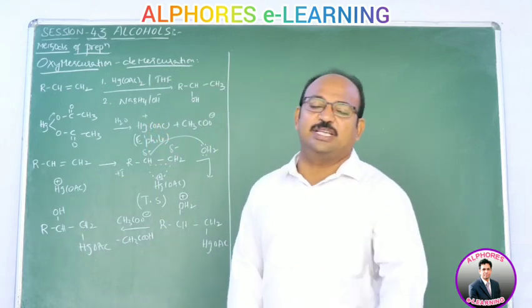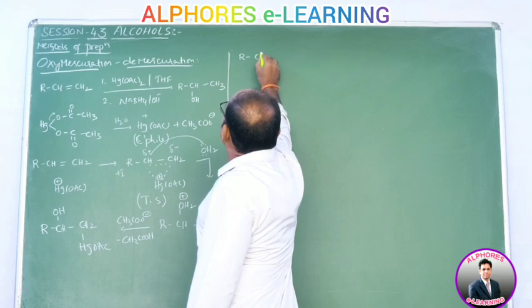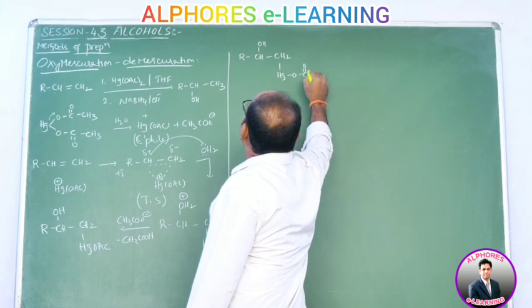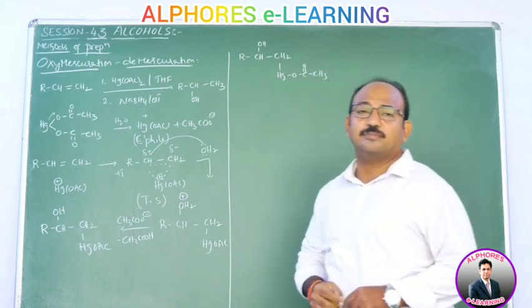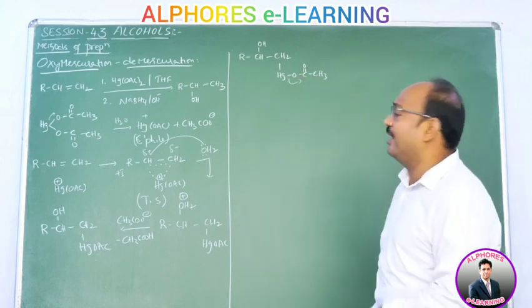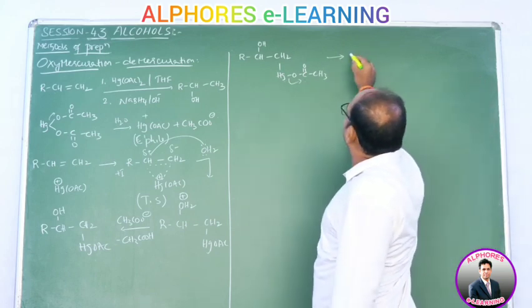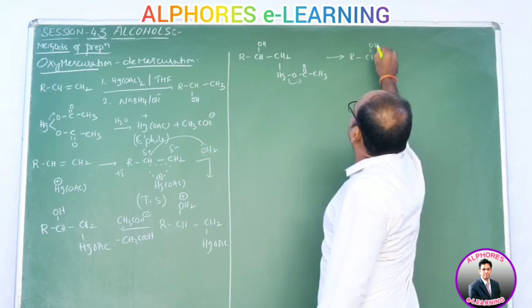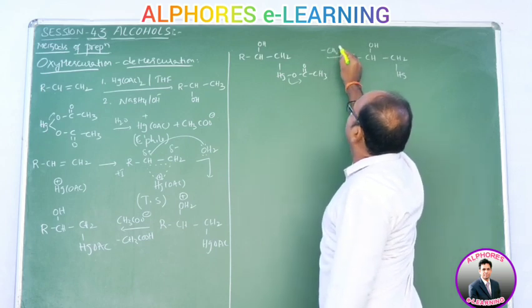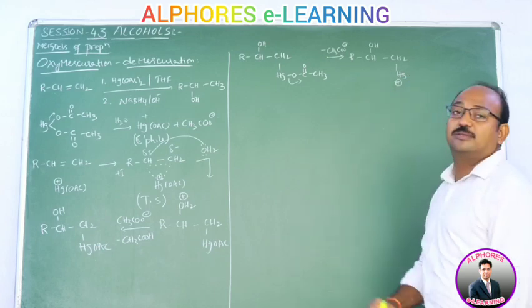Now we need to do demercuration. De means removal, so that mercury we need to replace. Let us see what happened. We have R CHOH CH2HgOCOCH3 here. Now this one has again the same tendency as earlier. Now what are we getting? We are getting positive charge upon this mercury. Then RCHOH CH2 Hg, wherever CH3COO minus has left. So here this Hg bears positive charge.